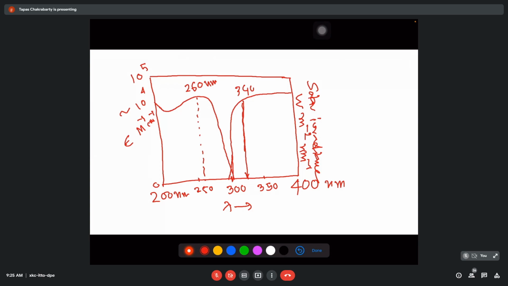Okay, so suppose this value is nearly 1. So the solar irradiance, in units of watt per meter square per nanometer, at 400 nanometer, because beyond 400 nanometer is basically your blue violet light. So if this value is nearly 1, then immediately below 300 nanometer, that is below 290, you do not get anything. It becomes 0. So it means that the absorption of all these nucleic acid base molecules becomes 0 here.